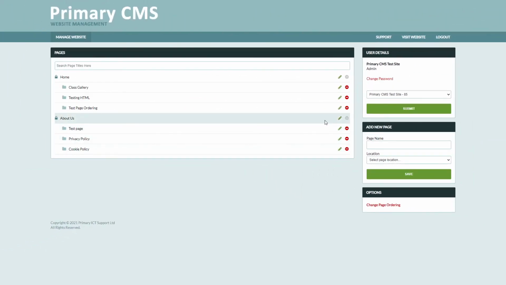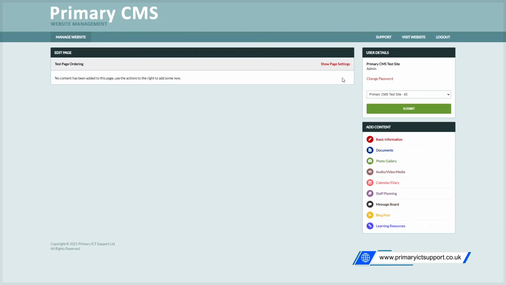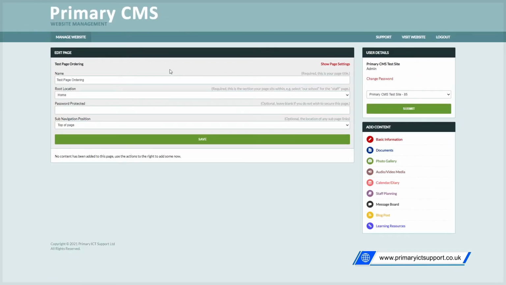Now if I wanted to go even further with this, I could. For the page that I'd like to edit, I'm just going to click the green pencil icon, and then up in the top right you'll notice another red bit of text which is labeled show page settings. So once you've clicked this, you'll see a few options. You can change the page name, you can change the location, which are two things that you set when making these pages. You can make the page password protected if you'd like, and you can also change the sub navigation